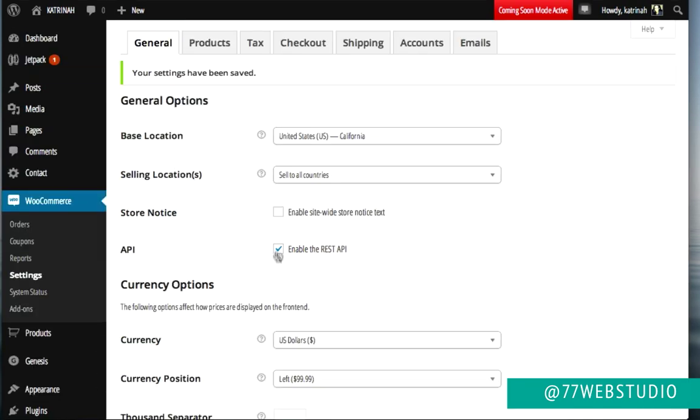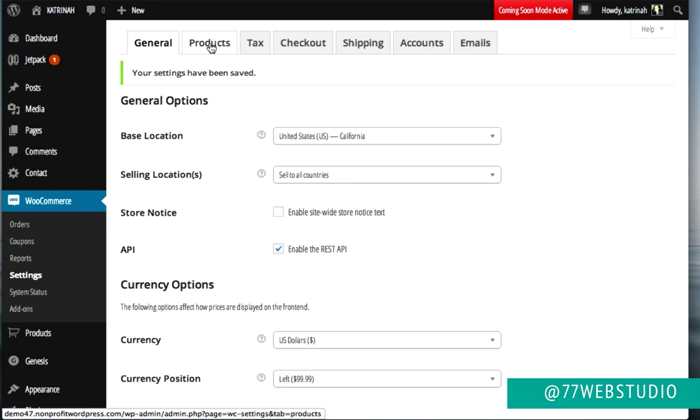The great thing about WooCommerce is that most of the default settings right out of the box are exactly how I want them to be, so I'm not going to be making a lot of changes to the default settings. However, of course, for your store, you want to make sure that you do review each of the different settings to make sure that your unique store has the proper settings for your website. That said, I'm going to move on to the next tab, which are the product settings.